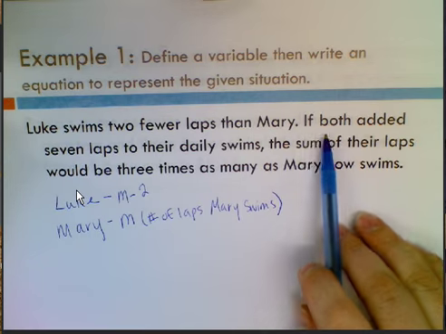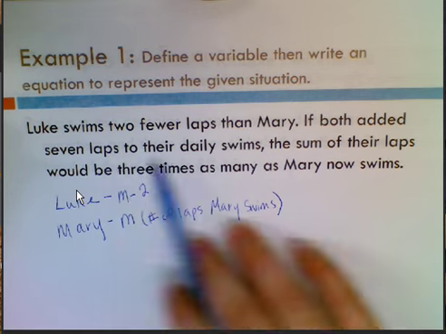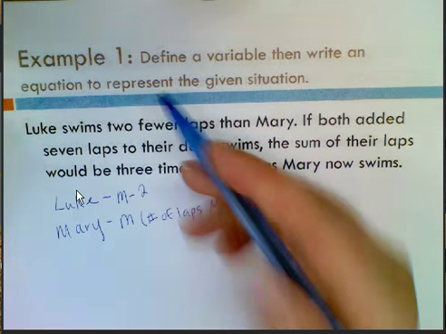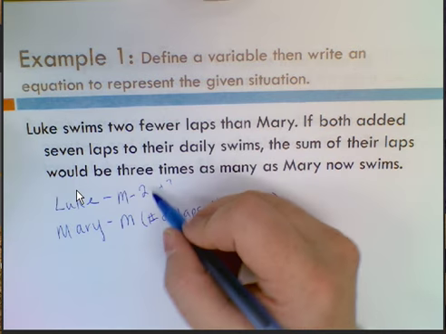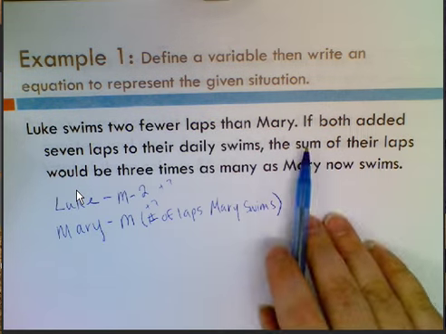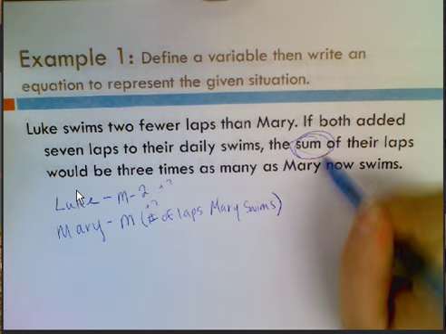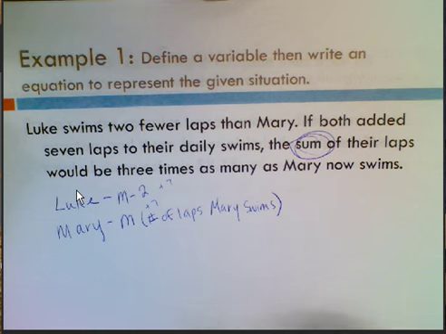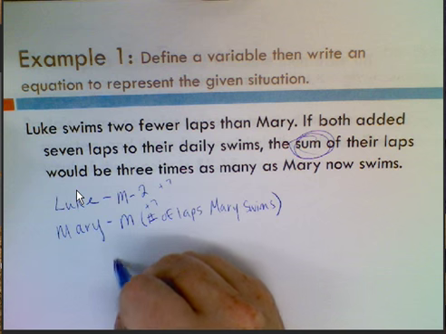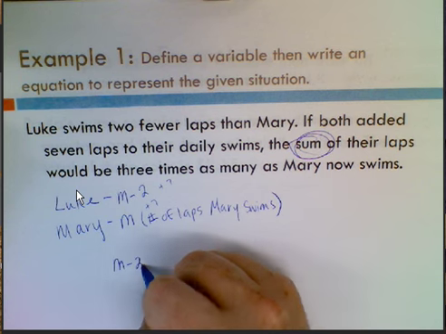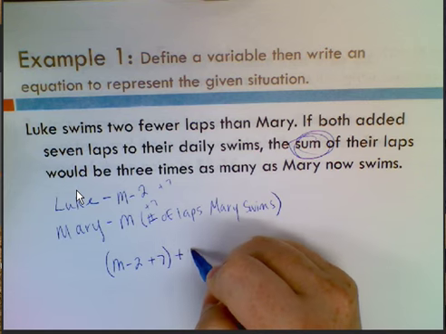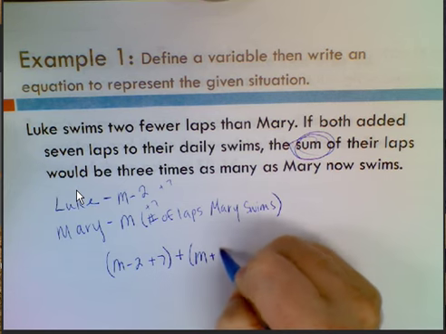Okay, so now we just have to keep reading. If both added 7 to their laps, okay, so we're going to take each of them and think about a plus 7 to each one. The sum, here's one of those key words, the sum. So we're going to add them together, of their laps. So the sum of their laps, M minus 2 plus the 7, we're going to sum that with M plus 7